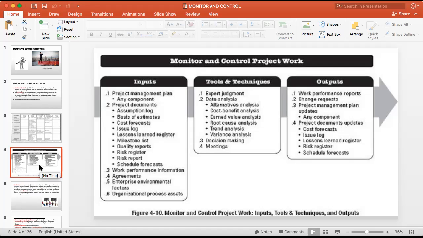So as a summary, if I tell you again, now this process, you have 10 knowledge areas that you know. Each knowledge area has its own controlling process. Each and every control process,